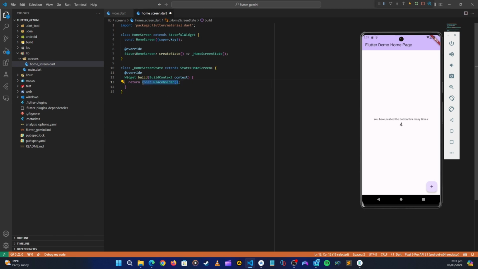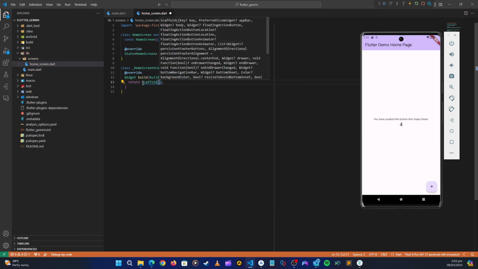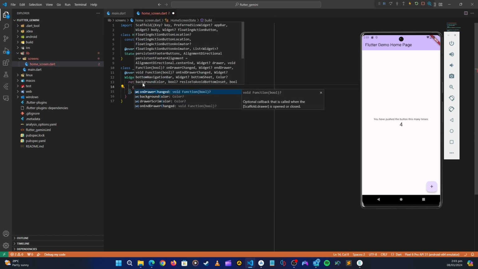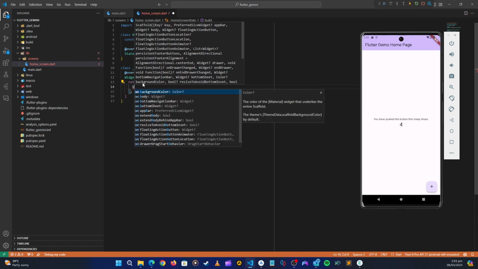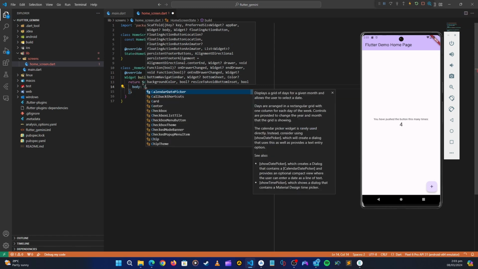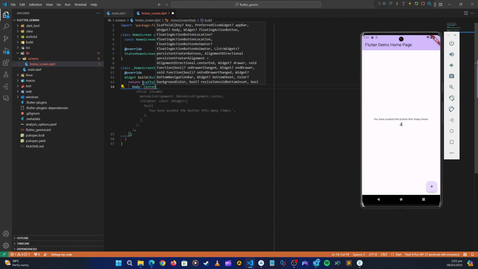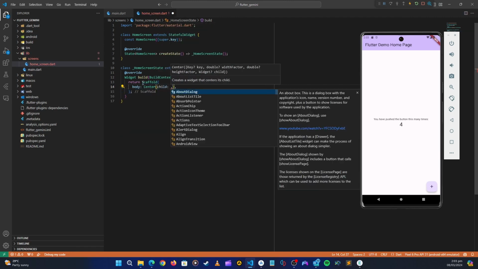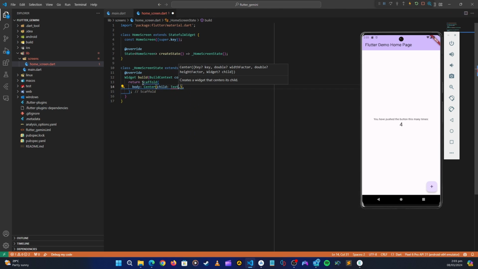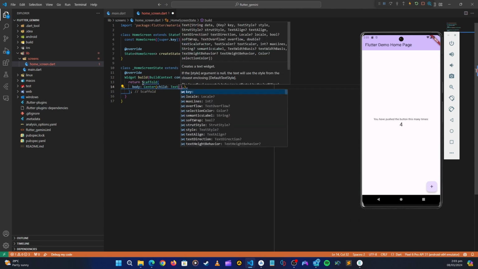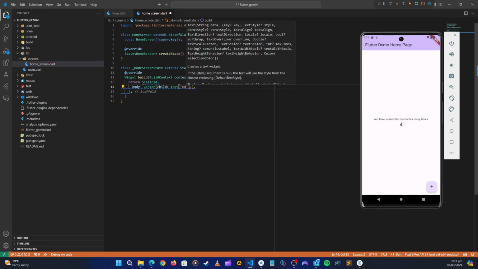Okay, first let's just return a scaffold, okay, with the center, with the body of the center. Then here there's a child. Let's have a text which says home screen,